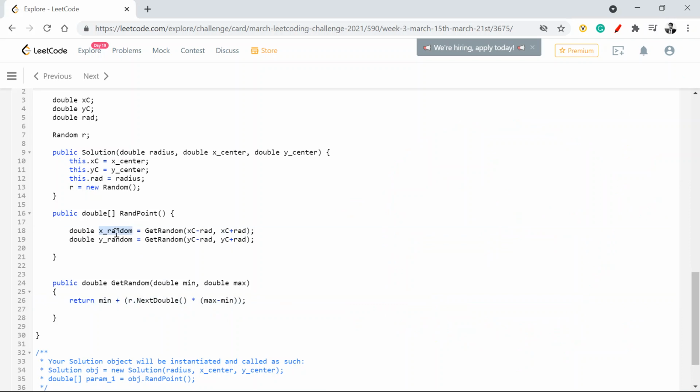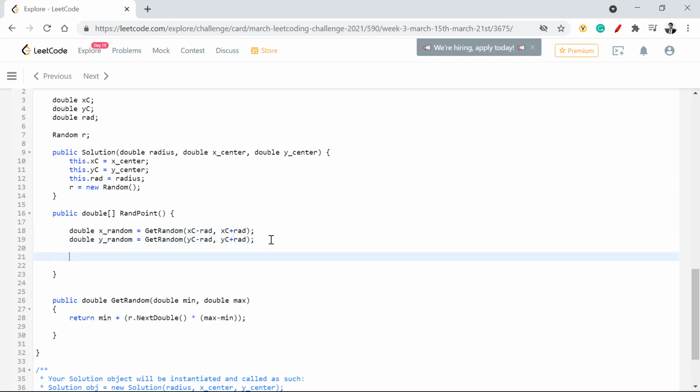Now once I have this, I found x random and y random. Now if you recollect, we talked about a formula where this x random and y random should satisfy that the square root of x minus x center whole square plus y minus y center whole square should be less than or equal to my radius, right? That should be my end goal. So I'll use math.sqrt, right, this is what I'm looking at. This should be less than or equal to my radius. And what this will be is x random minus x center whole square plus y random minus y center whole square. So I'll do math.pow